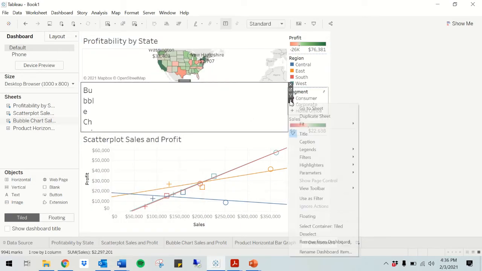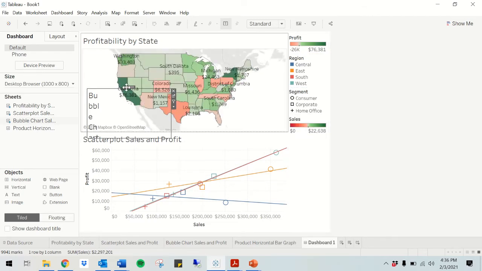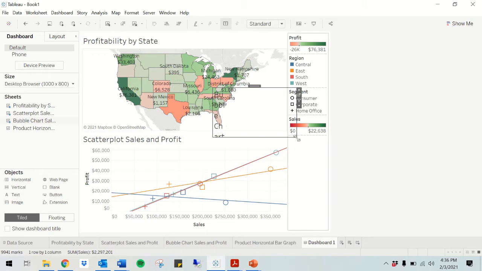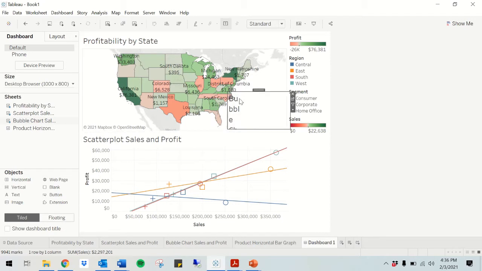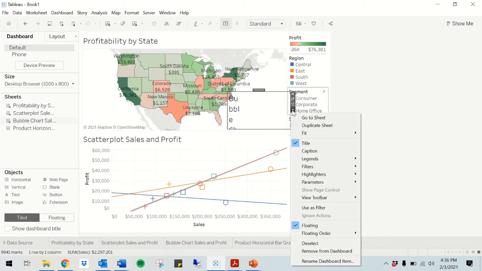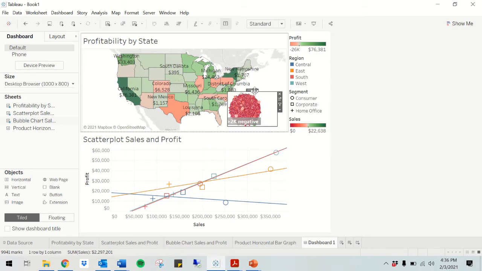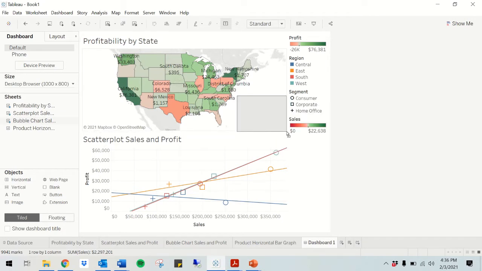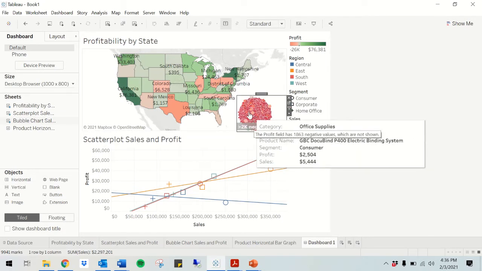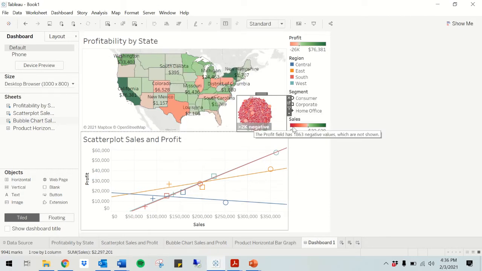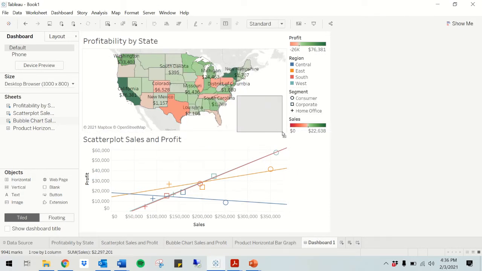And what we're going to do is make this floating. And we're going to drag it so that you can kind of see it in the white space of a chart. Let's get rid of the title. There, now we can see it. So this is going to be our filter. So I'm basically strategically placing this in white space, and we're going to be able to click on one of these and filter the whole graph by this bubble. So hopefully that makes sense. It should make more sense. And we can always